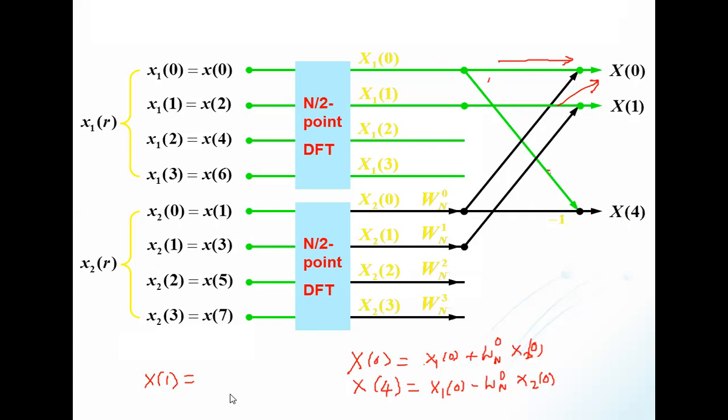Okay, anyway, for you I am just going to tell you once again. यहाँ पे ये देखो, अभी I wanted to calculate the value of this x of 1. तो यहाँ पे सिग्नल आ रहा है आपका, बराबर. Here I am just calculating the value. ये x of 1 का सिग्नल इधर आ रहा है, तो पहला वैल्यू क्या आएगा आपका? x1 of 1, right? Then which signal is coming to that part? ये इधर से इधर आ रहा है. Yes or no? तो यहाँ पे प्लस Wn to the power 1 multiplied with x2 of 1.